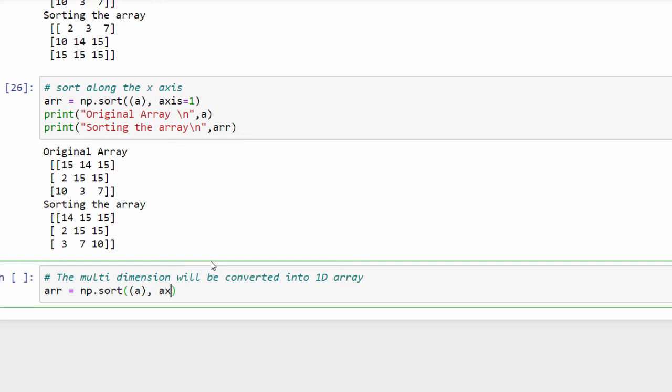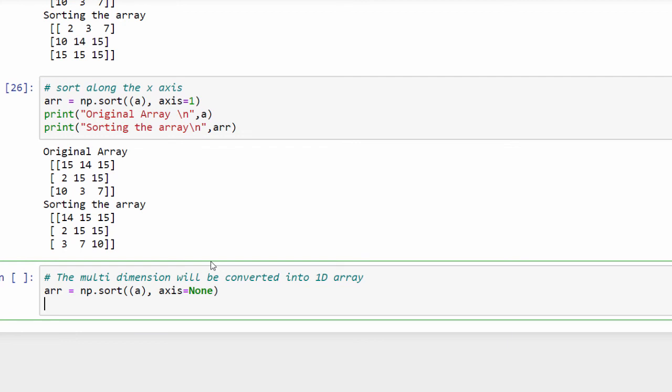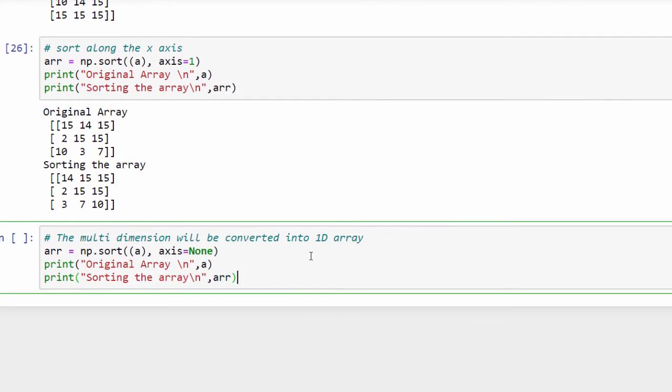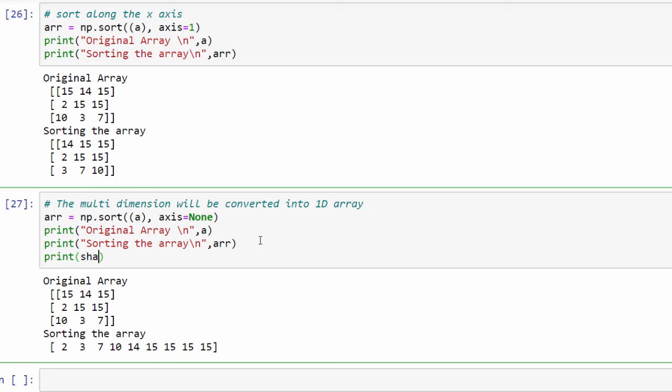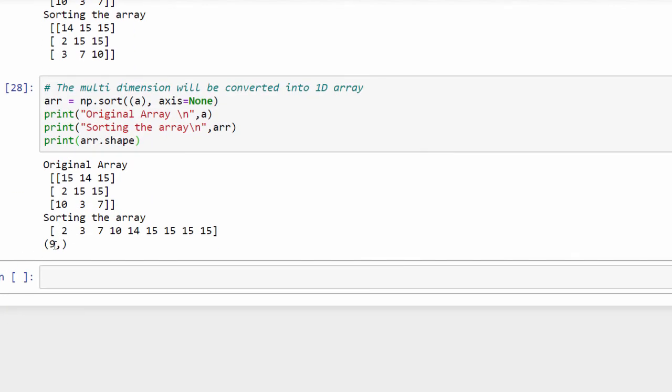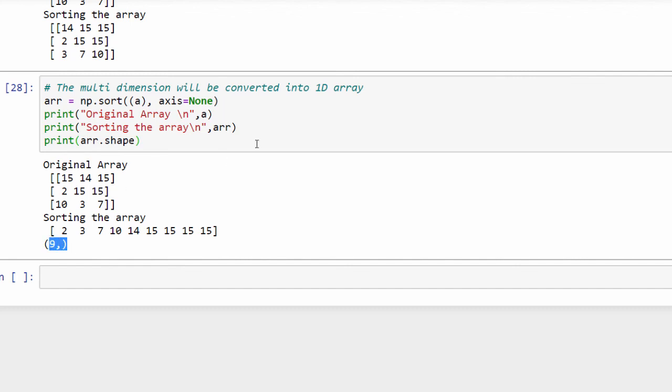Now axis equal to None. If you mention it like this and print and see the difference, this 3 cross 3 array is converted into a 1D array. You can check the shape. So arr dot shape, see, 9 comma 1, it's a 1D array.